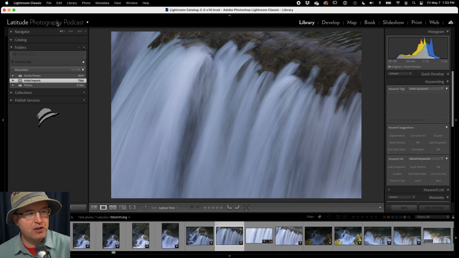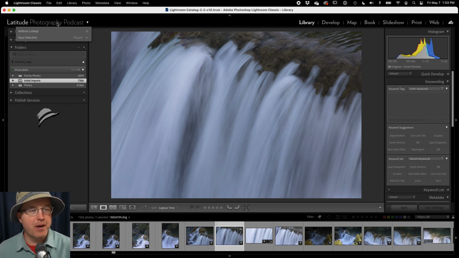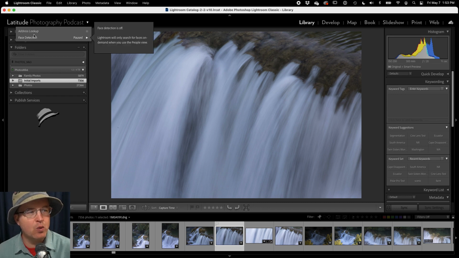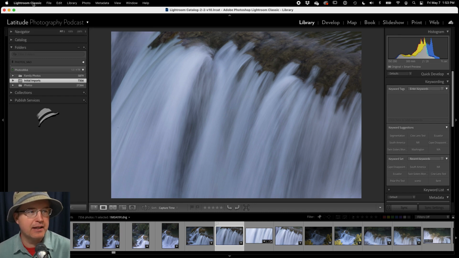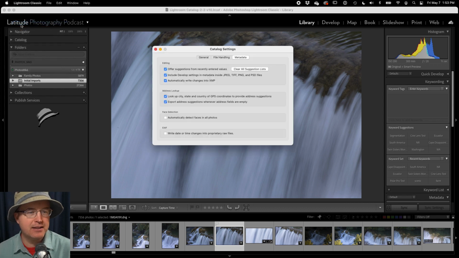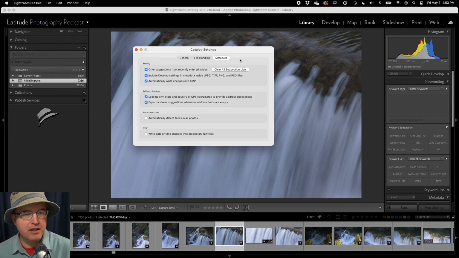When I first do just a click on it, it's a standard mouse click, I have these two items here, address lookup and face detection. We've looked at these before, but there aren't that many settings. You do have some quick settings here, but if we also go to catalog settings, we've also been here before in our first chapter of this series of videos,